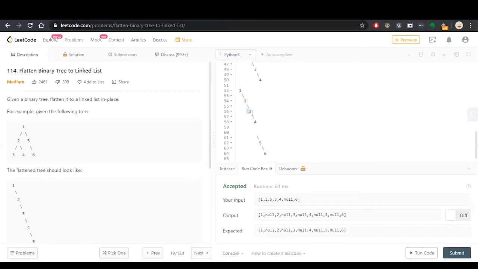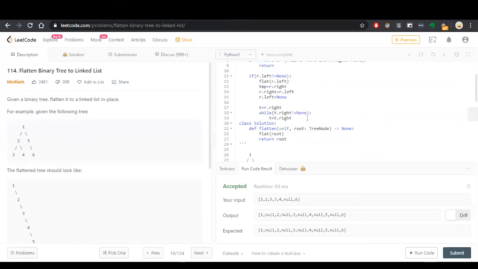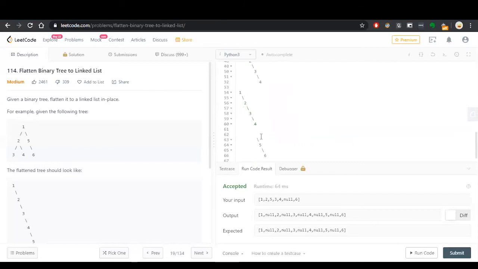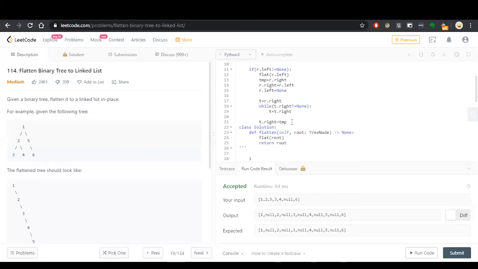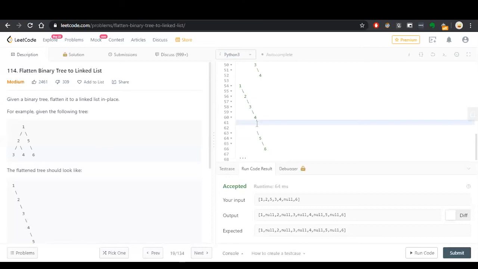We come to this point. If the right pointer is none, no, it's not. We again come to this point. If the right pointer is none, yes, it is. So we break. So currently our t holds this pointer, right? Then what we will do, t dot right will just add the previous link, that is this one, which we had stored certainly, to the current node. So I hope you are getting that. Gradually getting our tree back.